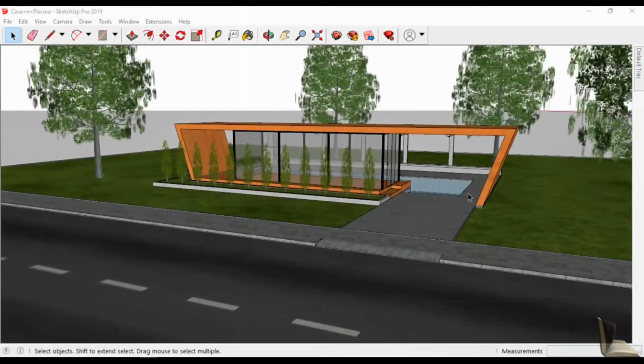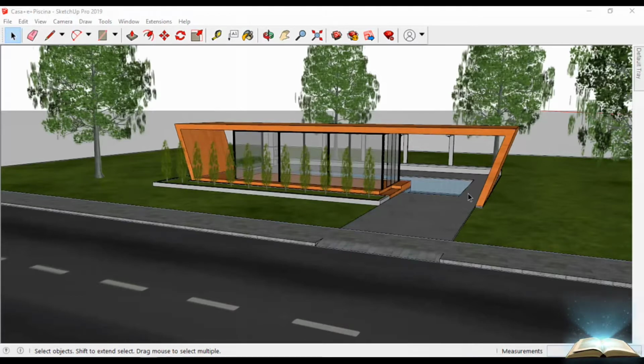In 3D modeling, many times we require multiple scenes of a particular model. Like in an architectural model, we need particular plans and elevations from different directions. So for that, in SketchUp, we have a tool called Scenes, through which we can just go to that particular angle and view it anytime whenever we want.